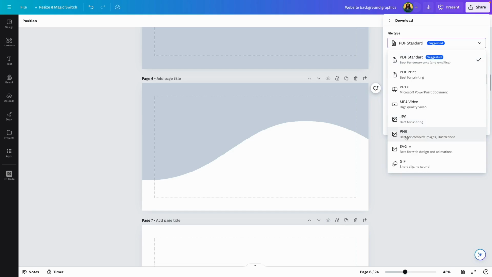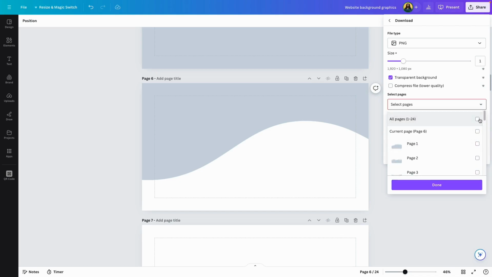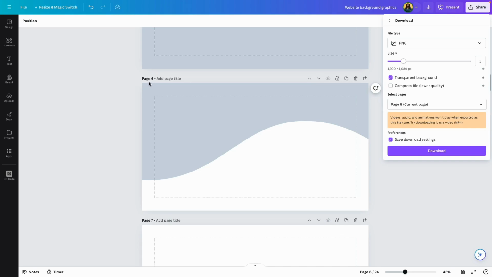Now, make sure you select PNG. And if you have Canva Pro, make sure you click transparent background. If you don't have Canva Pro, it's fine. As long as this is a white color, it should still work fine. But of course, if you have Canva Pro, the PNG gives you a transparent background, and this gives you more flexibility in your template. So instead of downloading all 24, I'm going to uncheck this and make sure I check 6 because I want to download only page 6 as a PNG image. So click on